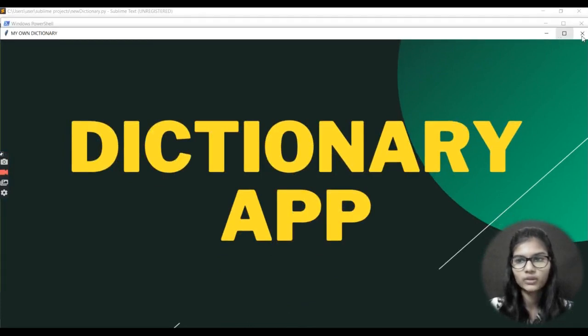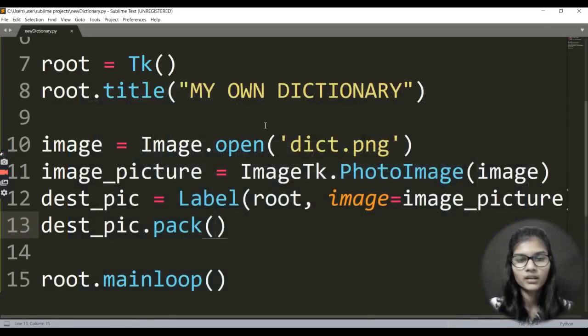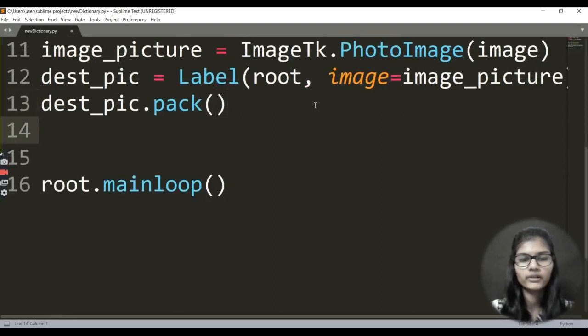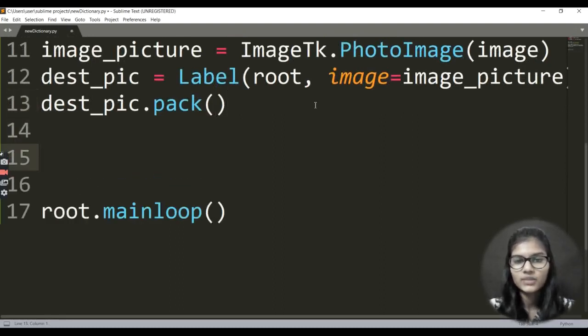Right, now let me quickly close this window and let's proceed further with writing. Basically, first of all I would not attach the JSON file. The very first thing that I'll be doing is making different columns, basically where I need to write the words and where I'll be getting the output, and I need to make a button for the search as well. Right, all these things will be done. First of all, I'll be giving all the parameters to my program, and after that I'll be putting in the JSON file here.